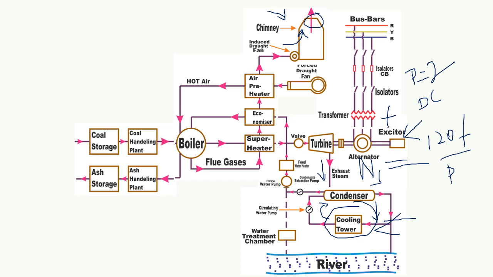Generally the electrostatic precipitator works at a very high voltage, that is 30 kilovolt. Just remember the value of 30 kilovolt. They can ask what the voltage is. It is placed between your combustion chamber and the chimney. Here is the chimney, and this whole part is the combustion chamber, so it is placed between these two.